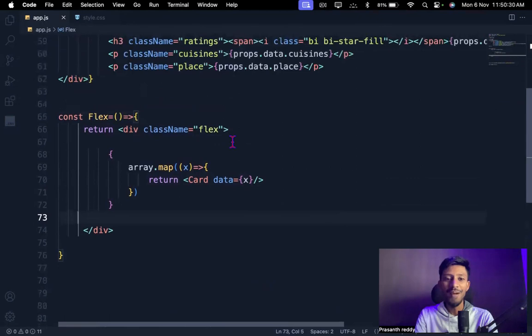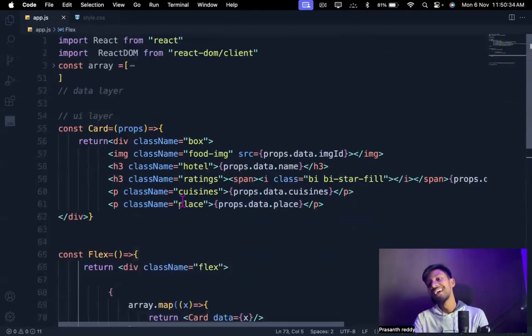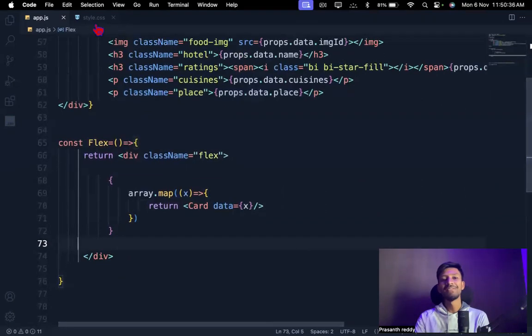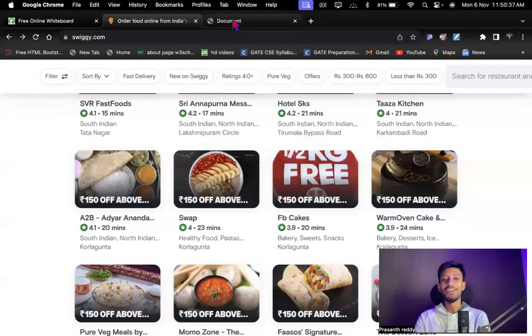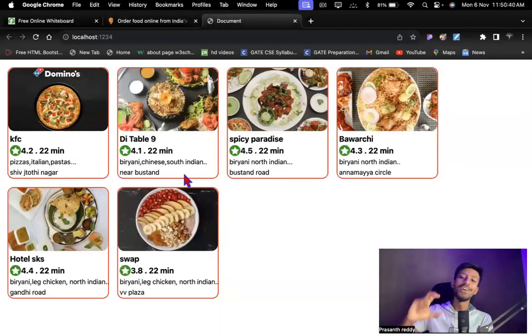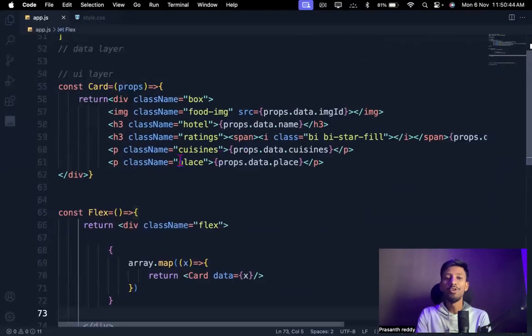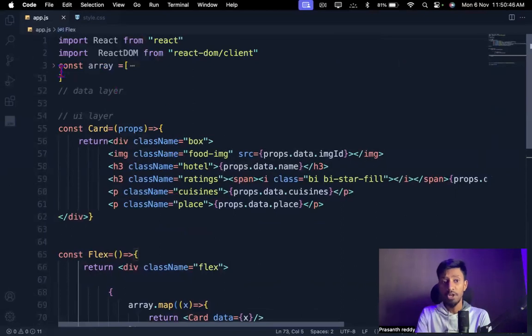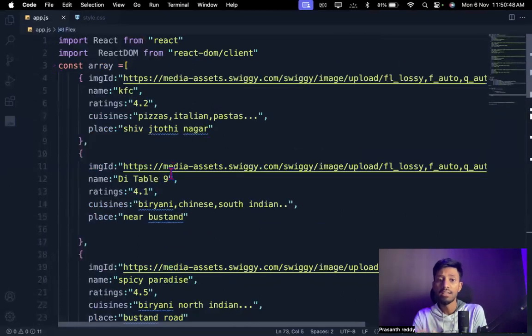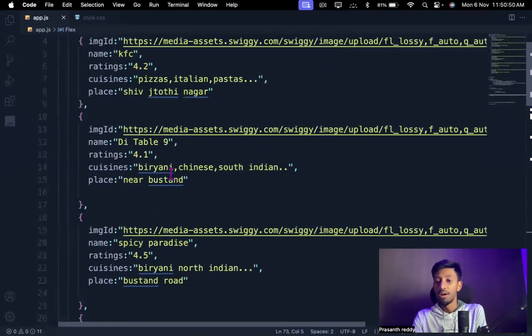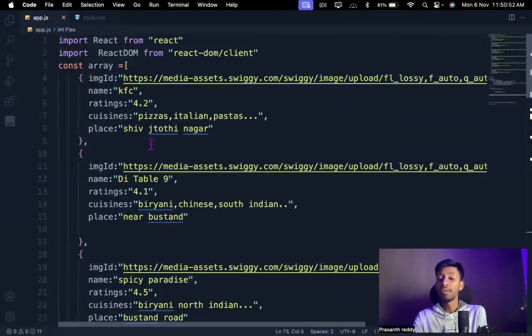See, now how little code this is. Suppose inside the HTML you want to write these cards, how many cards would you have to define? But here it's a matter of only this much code. And you said, Prashant, you wrote some data like this. Inside the HTML, we would have to write this data.